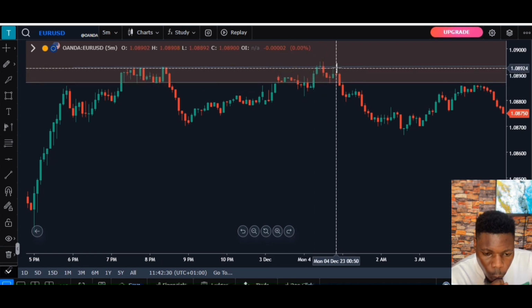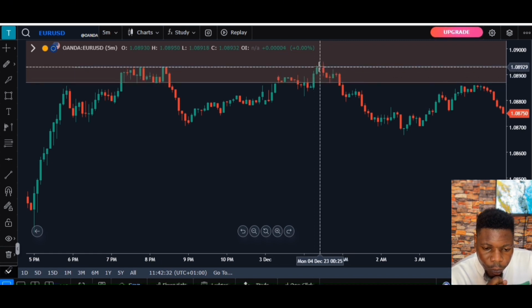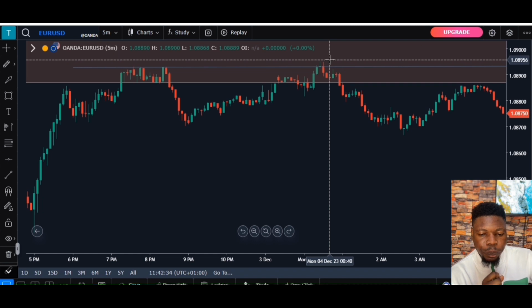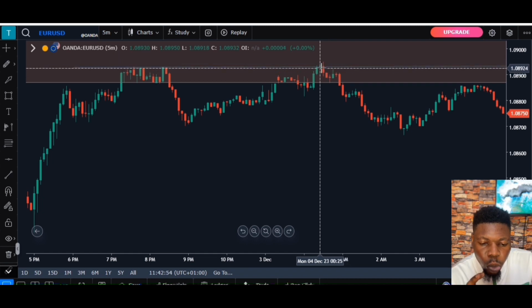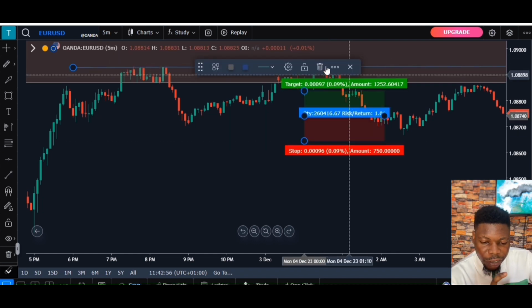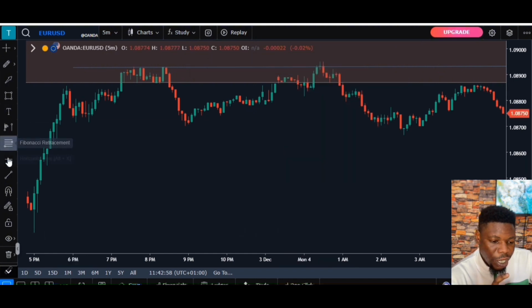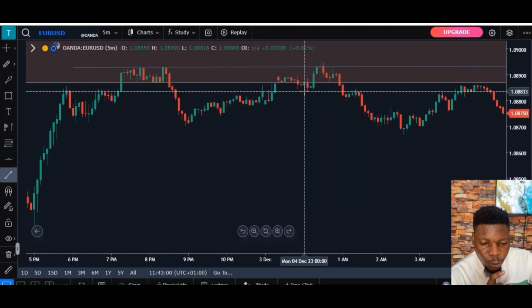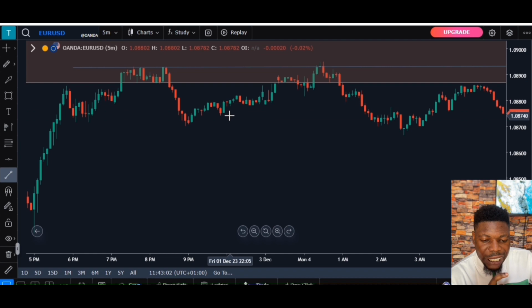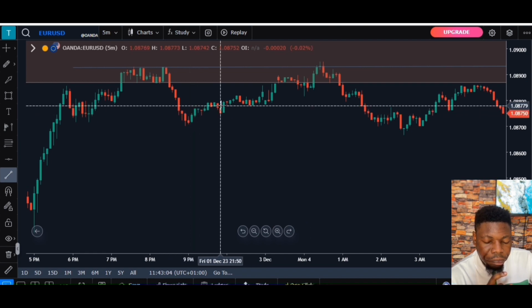So wait for the liquidity sweep. After the sweep, we wait for a change of character. A lot of people don't know change of character, but I'm going to explain that. Wait for a change of character. For example, we can see that